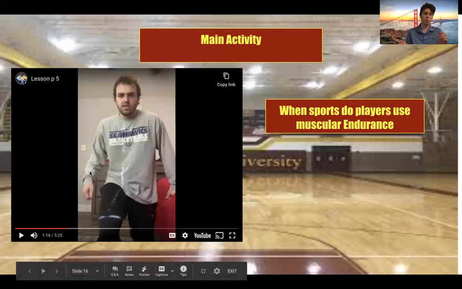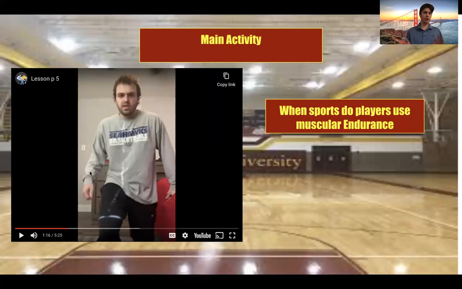I just paused the video real quick before everyone starts their walking lunges, because he's talking about reps. Every time you do your walking lunge, he wants you to perform your rep at a high performance. So you want to be focusing on following the cues that he is instructing you to perform that one rep, and then you're going to come back up and do the same thing with the second rep. I want everyone to record how many walking lunge reps they do for this exercise. Okay, so I'm going to start the video and let him carry it on. You won't be hearing any more from me until further notice.